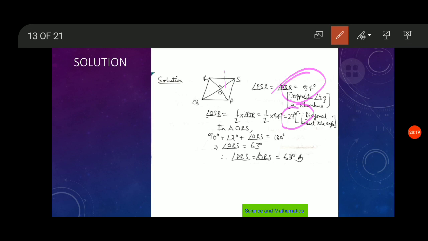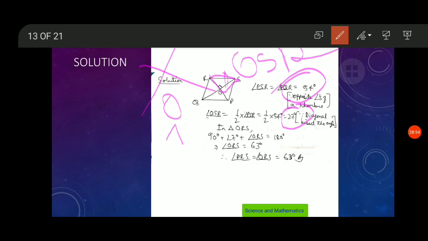Now we all know that diagonals of the rhombus bisect perpendicularly. I was reading it wrong everyone, sorry for that. And that angle we can also mark as QSR or OSR. Like this angle OSR, you can mark it as OSR or as QSR, same thing. Now if we consider this triangle to be OSR, where the diagonals are intersecting, we are taking it as point O.